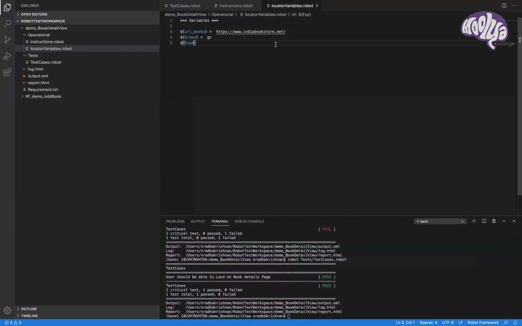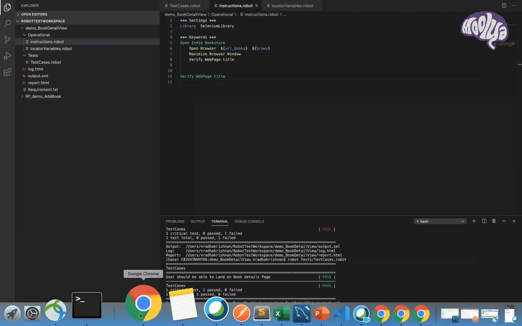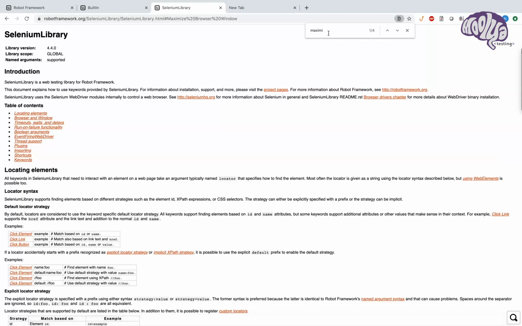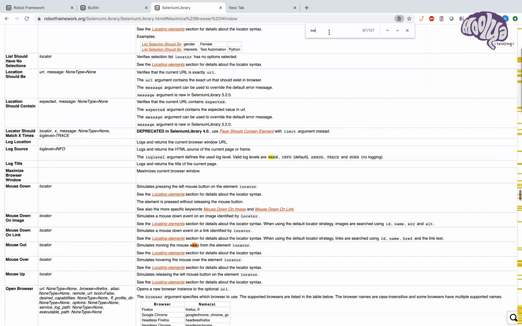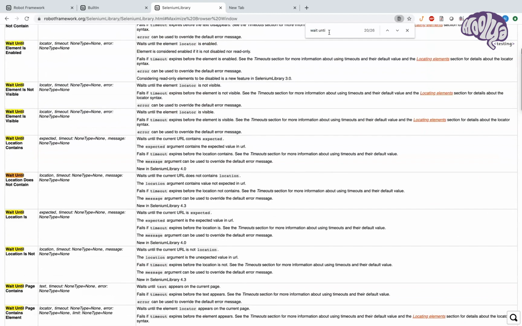Page 2. So this is what I'm expecting. Let's look for the actuals now. To take the actuals, what's my command here? I need to wait until the home page comes. Wait until page contains. There are different wait until commands. What I'm looking for is wait until page contains. When you are exploring, you can explore the other ones. Here, this is my command.